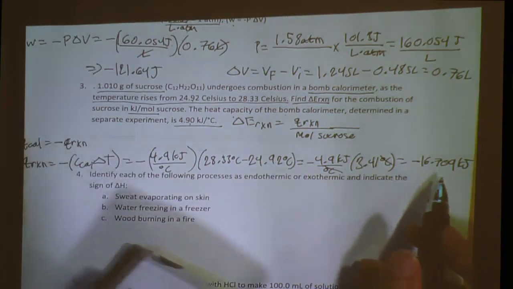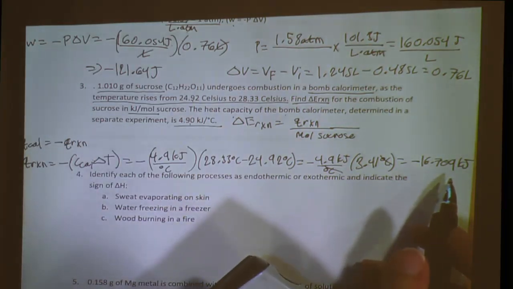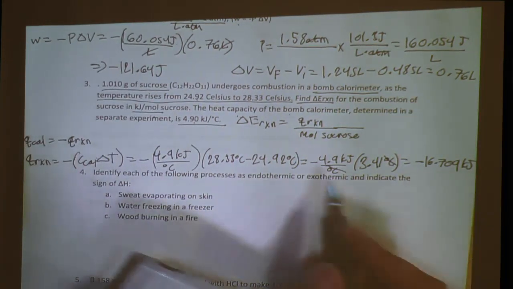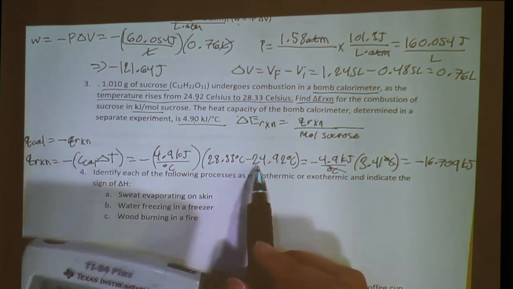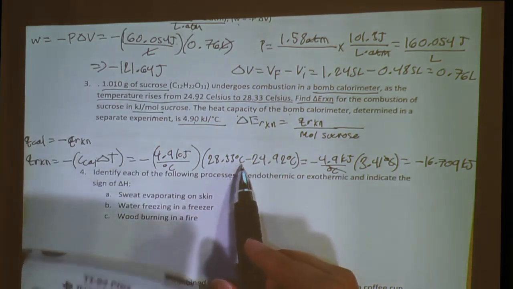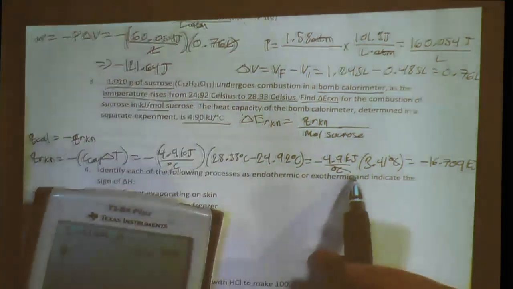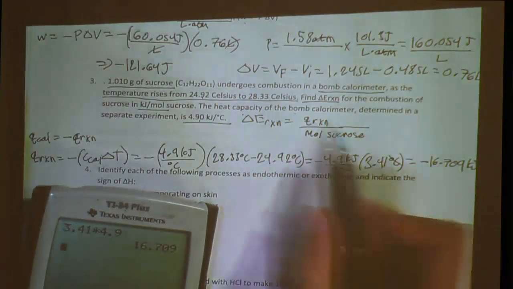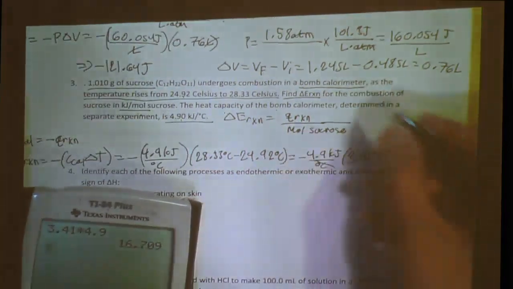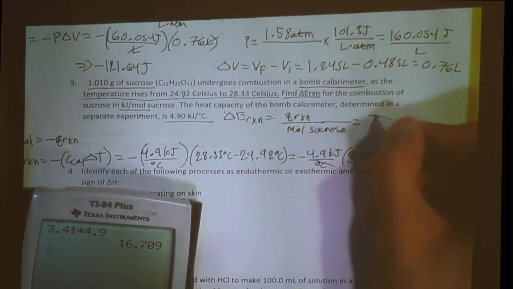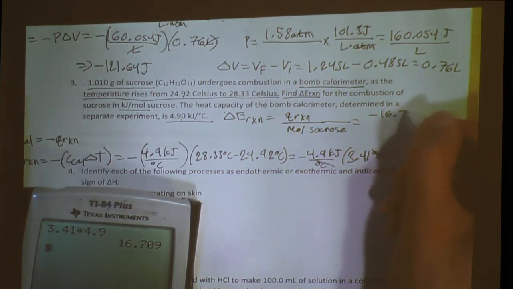Did that kind of make sense? Oh, so that was from the change in temperature. Yeah, exactly. So now we could plug this in for our Q reaction, this number. So that's going to be equal to negative 16.709